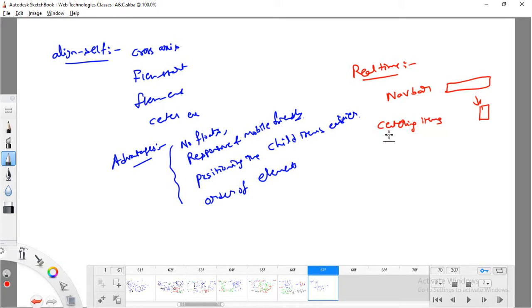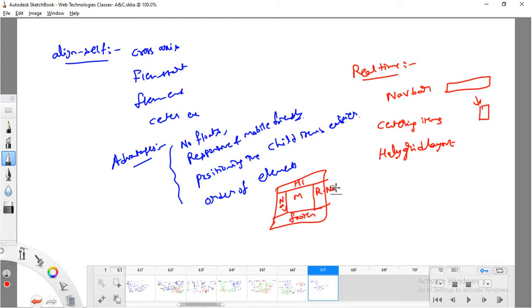We can design the required grid layouts, which we can call the holy grid layout, meaning we can design a structure like this: first the header part, the navigation part, this is the main part, this is the footer part, and this is the right side navigation part. This kind we call the holy grid layout.